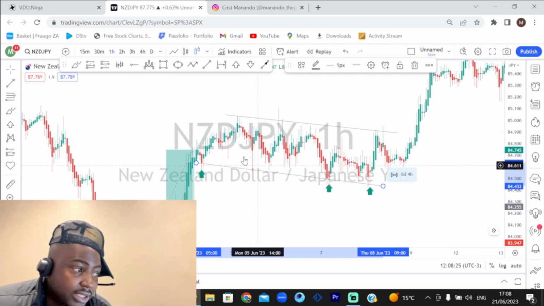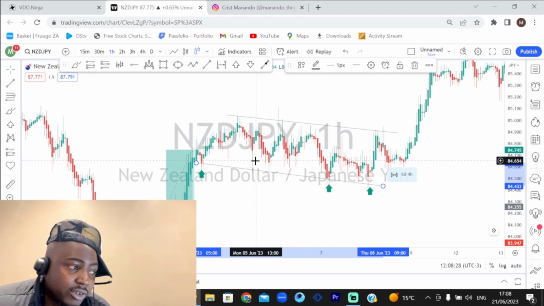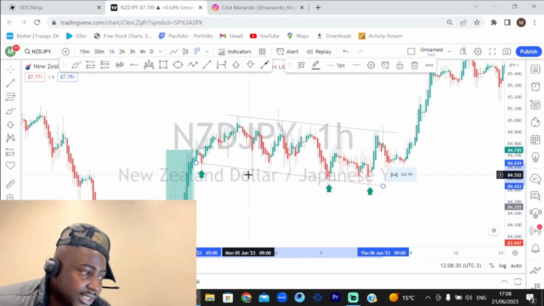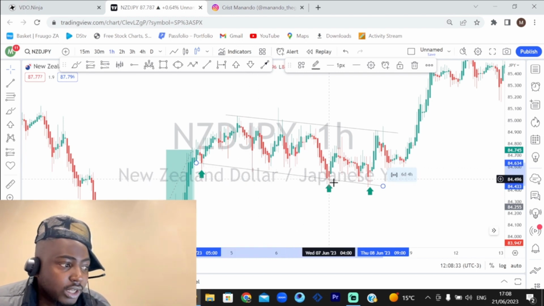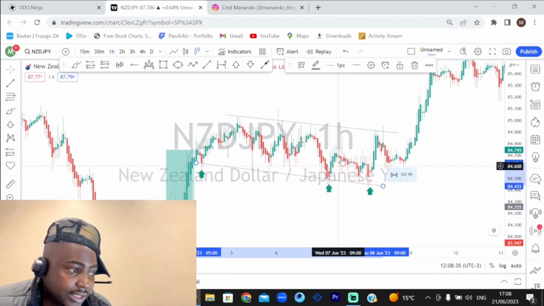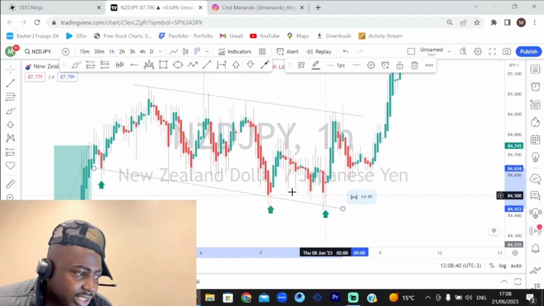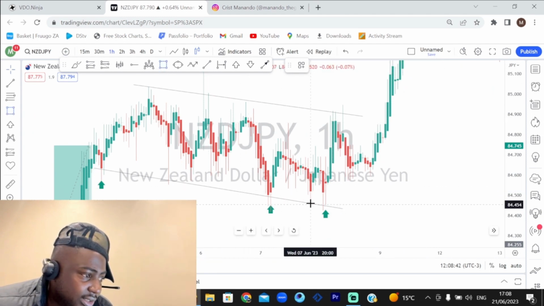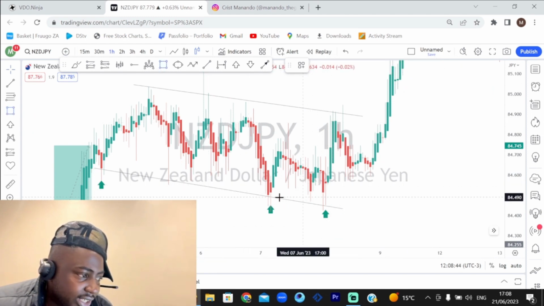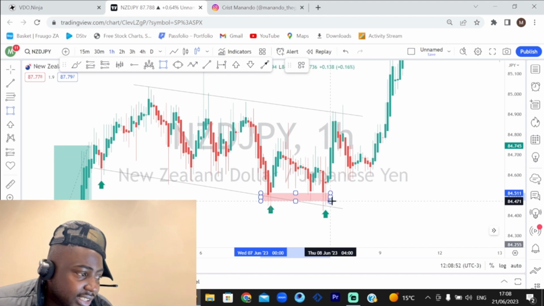So this I'm gonna disregard. I'm not even gonna pay attention to it. It's not the second touch in my opinion. So this is my second touch, and the third touch, yeah, it's not really strict because you can see the body of the candlesticks itself didn't touch, but after the second candlesticks, I can use this